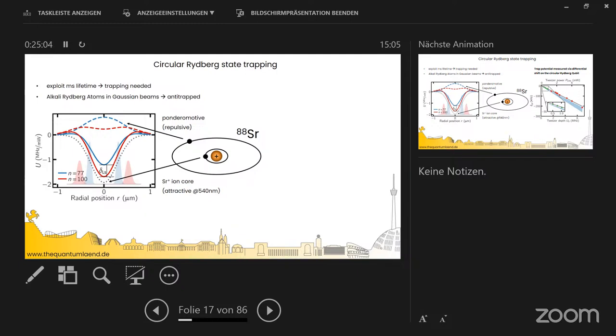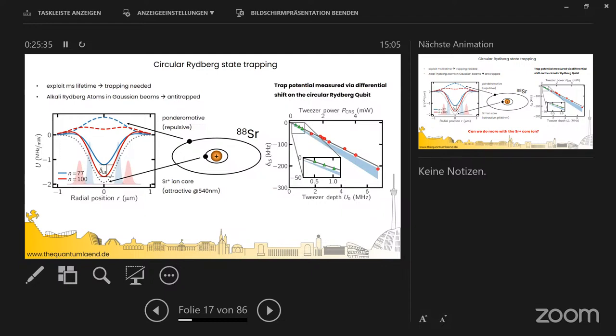Typically, if you have an alkali Rydberg atom in the tweezer, this atom is escaping from the trap. There's no force that binds it, but only a quantum force that actually kicks it out of the trap. We can now counteract this quantum force by using the polarizability of the strontium plus ion, and by that keep the Rydberg atom trapped. And we really want to have that atom pinned if we want to exploit these millisecond lifetimes for quantum simulation. You want to keep the atom in the trap, and we can actually